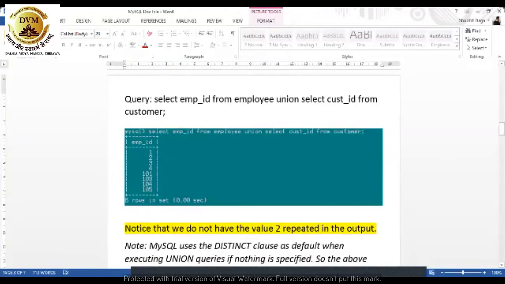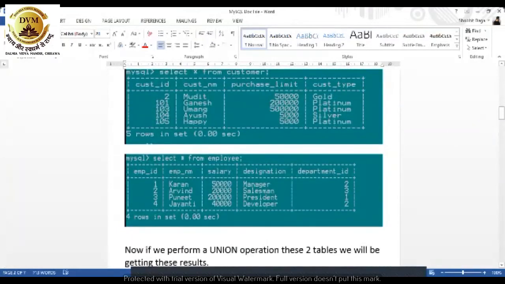So see, over here, what we did was we took 2 tables, the employee table and the customer table, and we placed them over here. We only have 7 minutes left. Select the employee ID from employee union. So the output over here will be the combination of the customer ID and the employee ID. It will be a combination of both the queries.